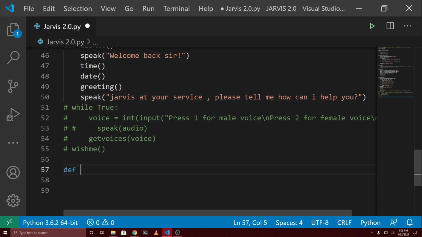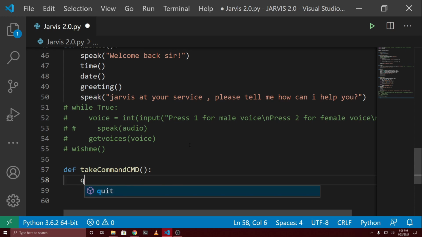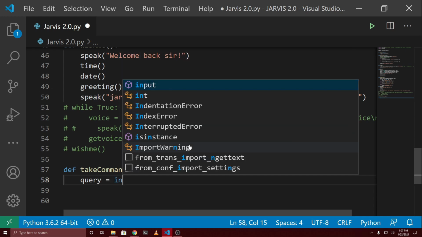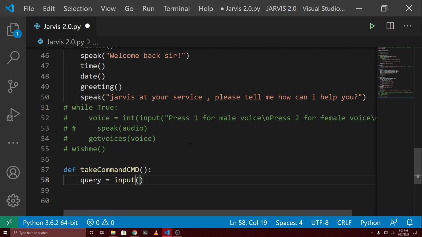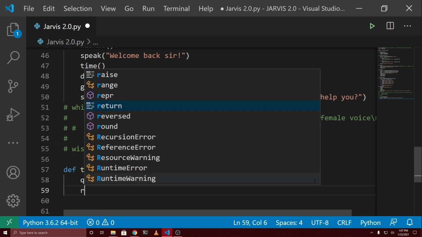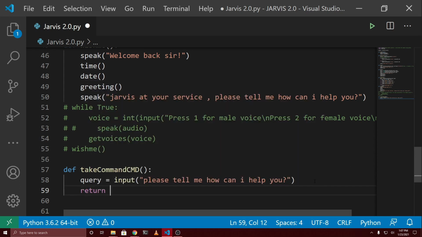and we are going to be creating a function which will be def take command CMD. So it will be taking the command from this command line, and inside this function we are going to be creating a variable named query. So we will name it as query equals to input, and inside this input we are going to be telling our user, please tell me how can I help you. I'll just copy it from here, and I will paste it inside this input function. And after this, we are going to be returning the query. So we will return query,